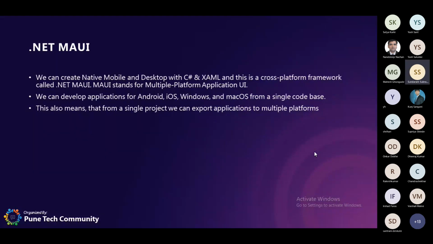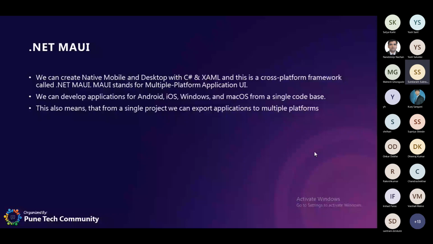Yes, with a single code base, we can develop applications. Which type of applications? We can develop mobile apps and desktop apps for Android, iOS, Windows, and Mac OS from a single code base,